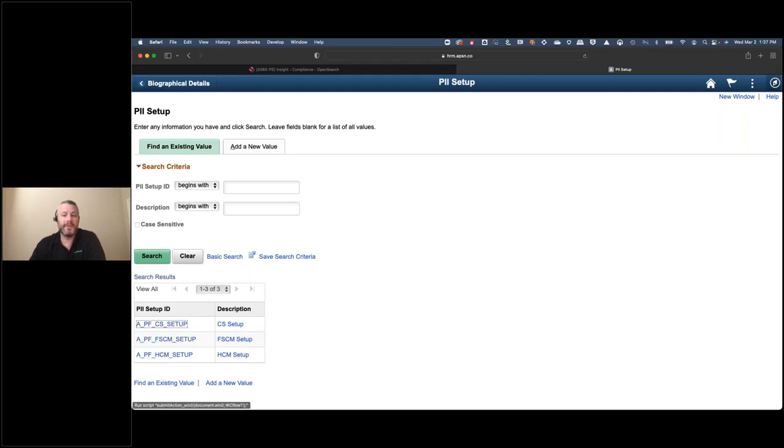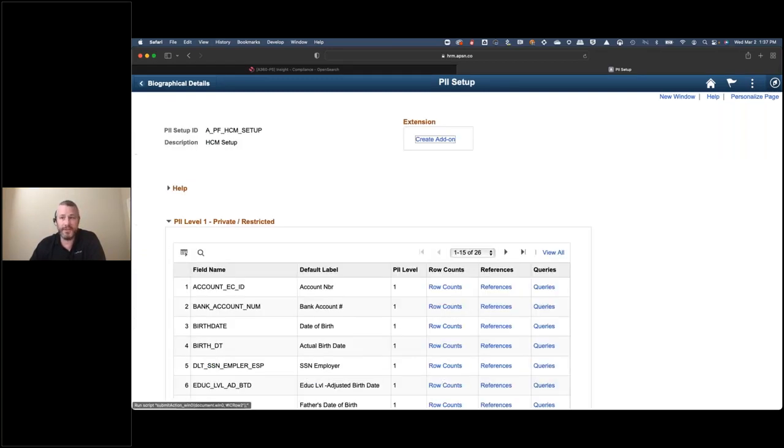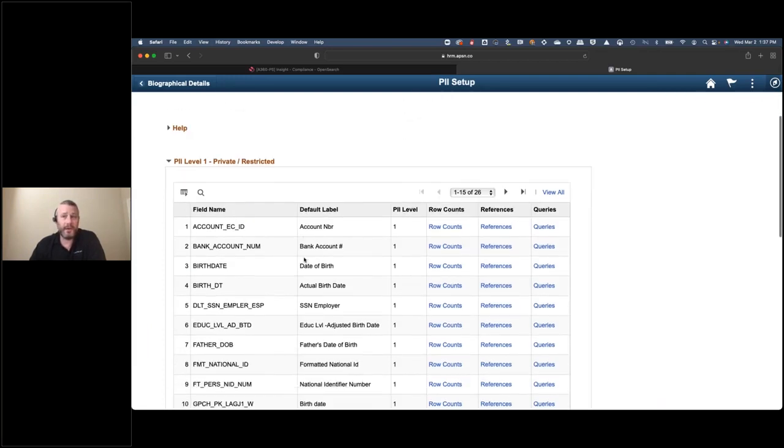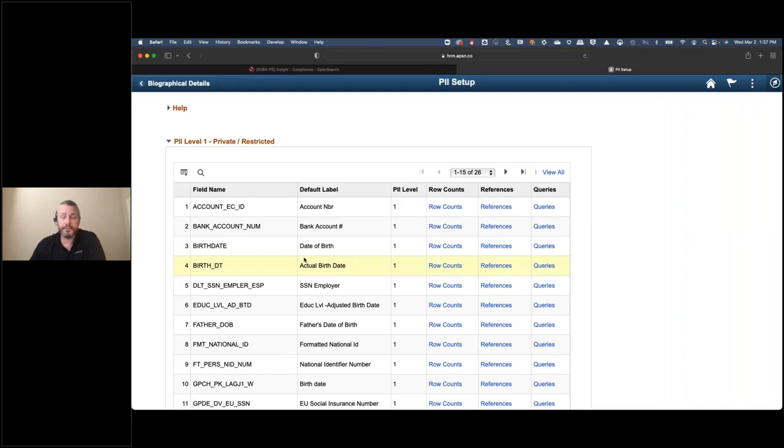So what we've done is split this up into the different systems. So you can have a PeopleSoft Campus, Financials, or HCM. I'm talking about HCM and working in it at the moment, so I'll just pull that one up. So what we've done is we've pre-categorized all of the fields that are delivered inside of HCM into level